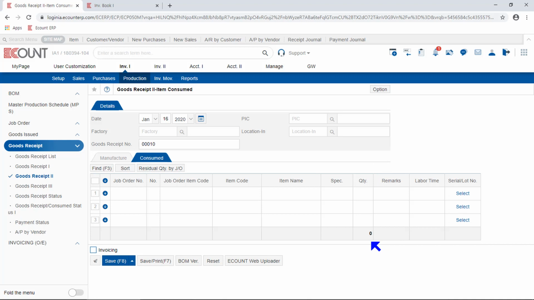So then let's enter in a slip in Goods Receipt 2 menu. Select the date when goods were manufactured and select the factory where the goods were produced. For location in, enter in the warehouse where the goods will be stored, or select the factory of the next process. So here I'm going to enter in the manufacturing within final process factory and store the goods in California